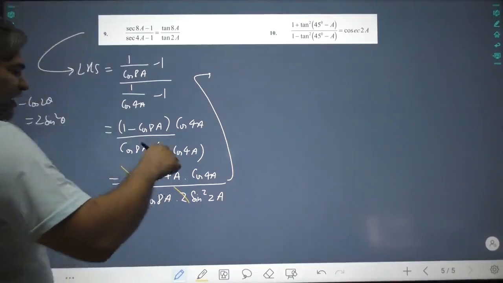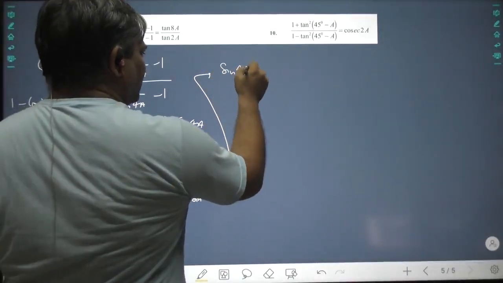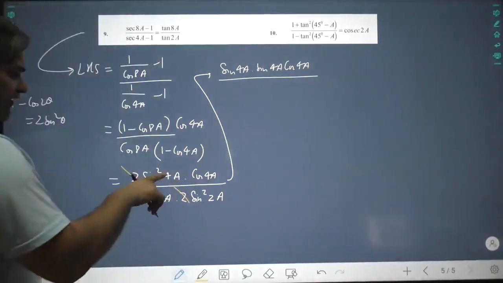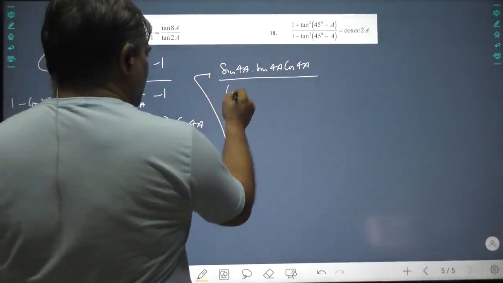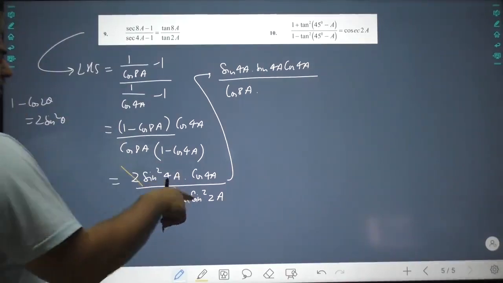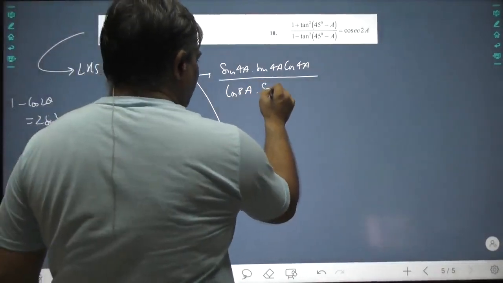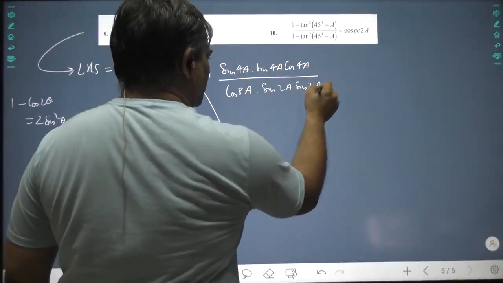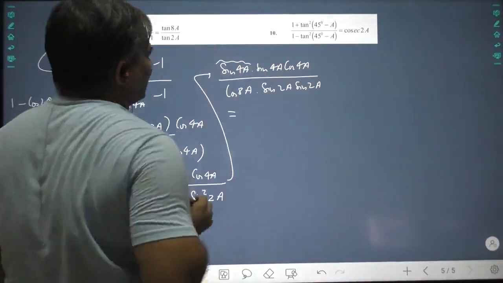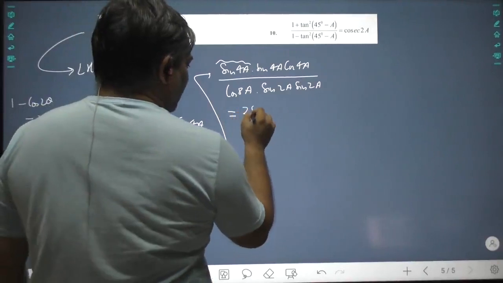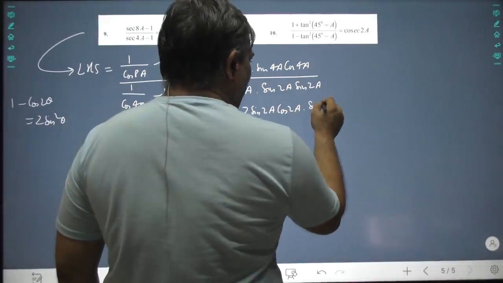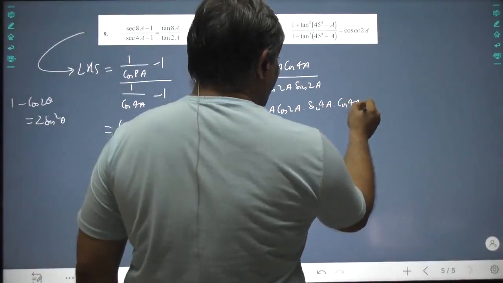Tan 8a. So in the numerator what I do, I split sine 4a into sine 4a cos 4a. I have this sine square 4a, I split it. Denominator cos 8a is there, and I have sine square 2a. This sine square 2a is already there, so I will write it down sine 2a sine 2a. Now I am going to break one of the sine 4a. I will break sine 4a as 2 sine 2a cos 2a, and when I break it, my eyes start twinkling.